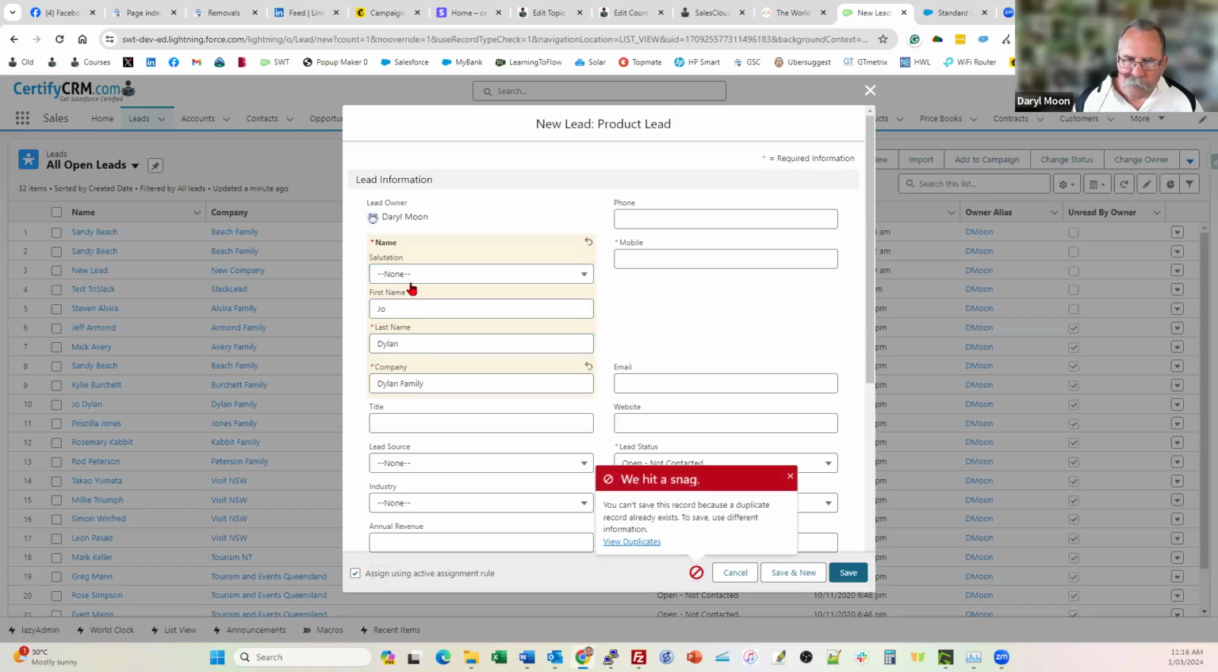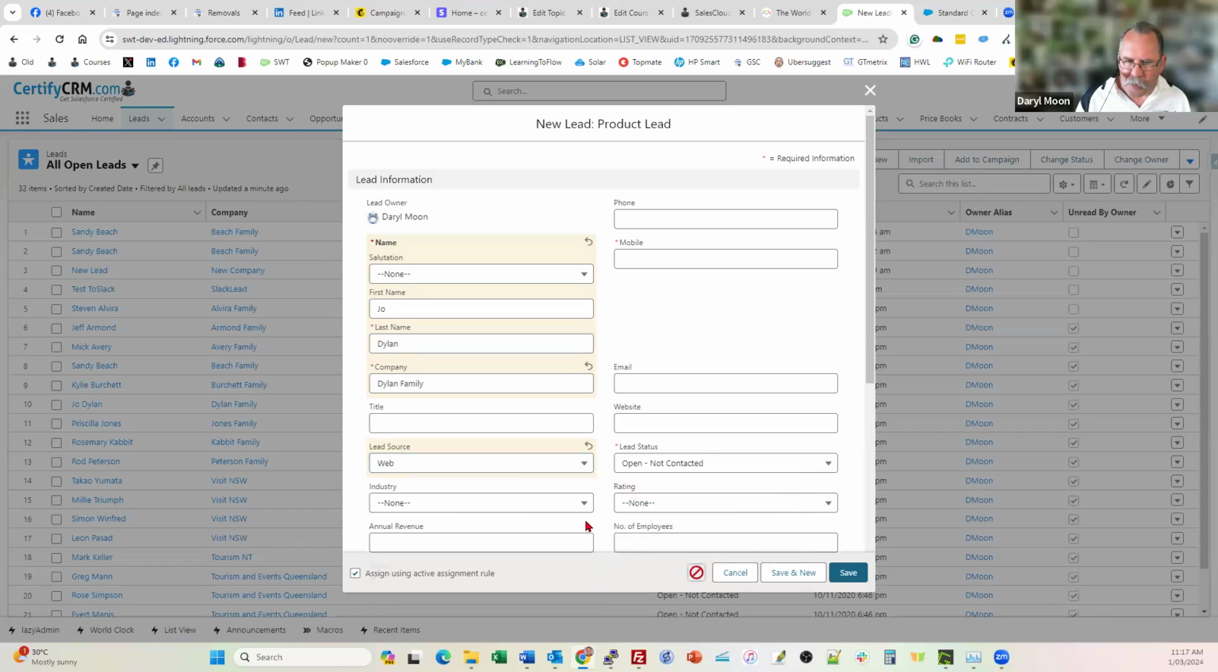Okay, here's our pop-up. As soon as we moved out of that field, we got a pop-up saying, hey, there's a problem here. We've got a duplicate record. At this stage, we haven't specified what our lead source is, but it's not web, so we're blocked. If we change it to web, then we can ignore that message and go ahead and save,